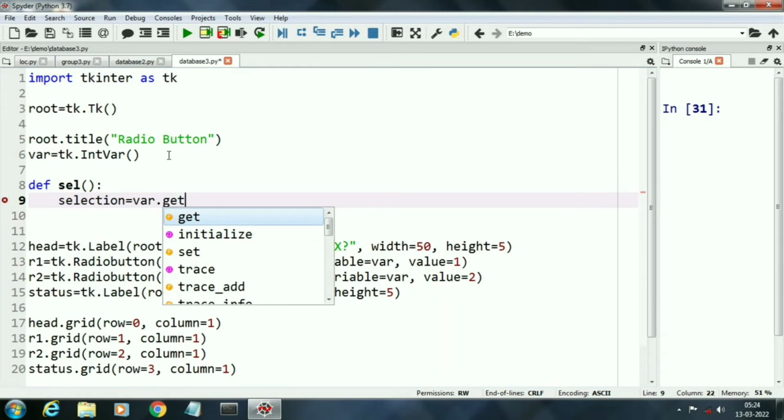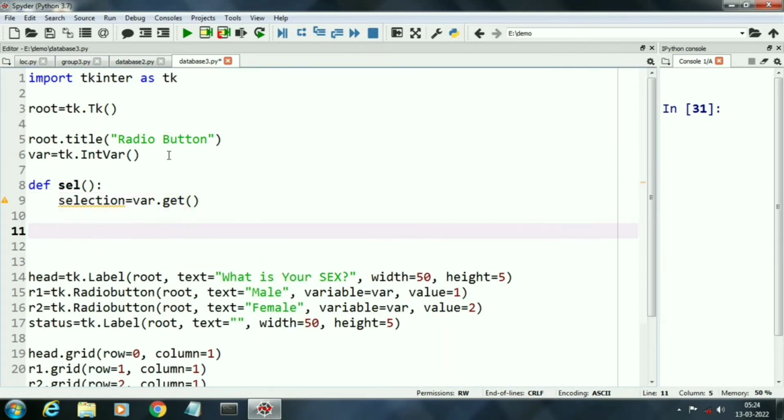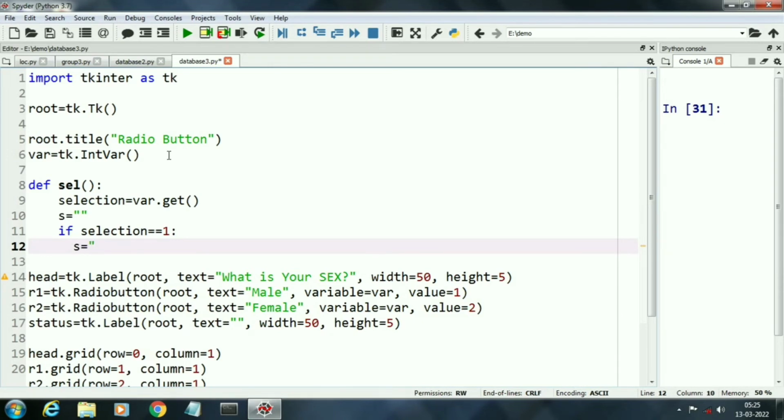Here I will get the value of our integer variable var, and now we will use an if statement to display male or female. If our selected value is 1, then we will assign the male string to another variable whose name is s.